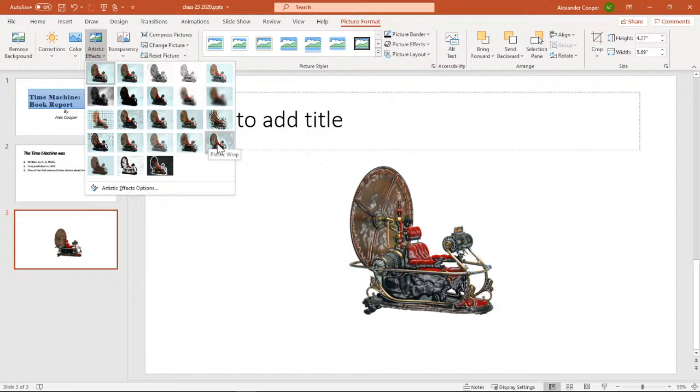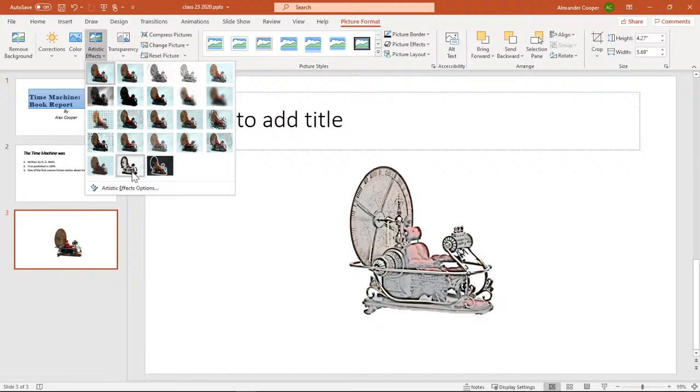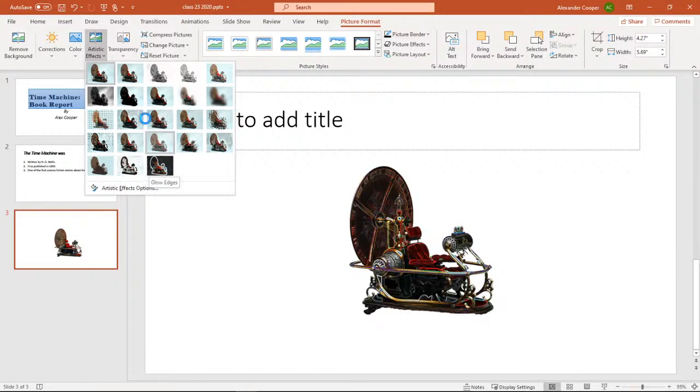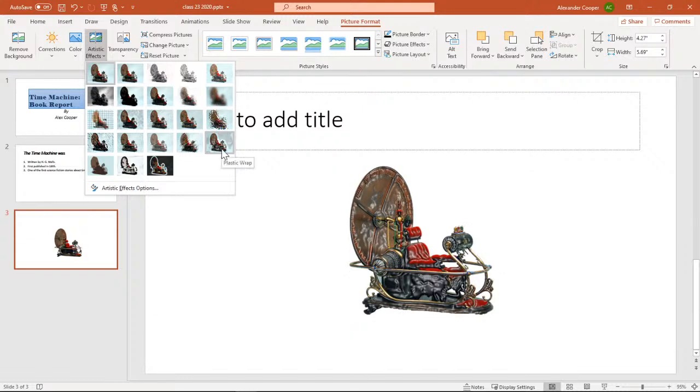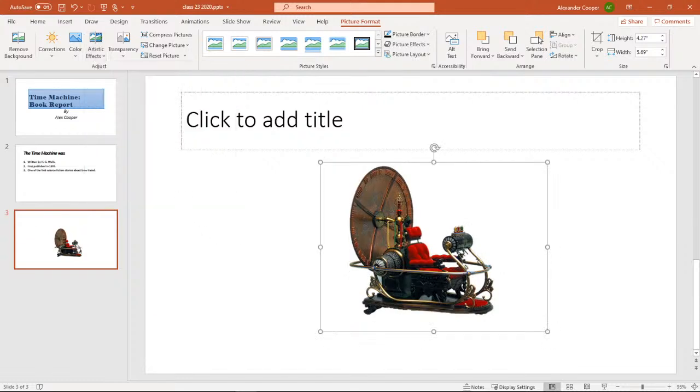That one looks interesting. Makes it look like it's plastic. That's still kind of like the original one we have.